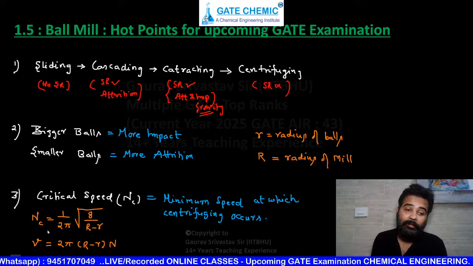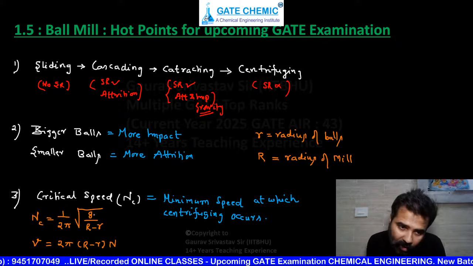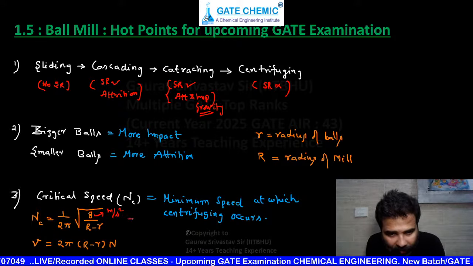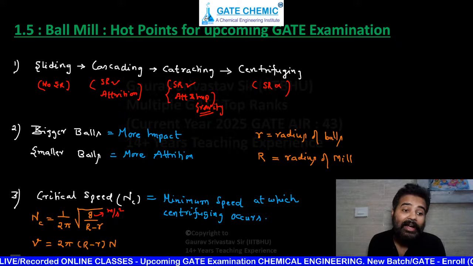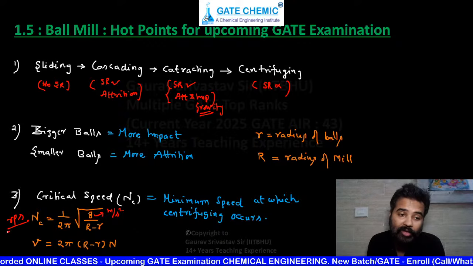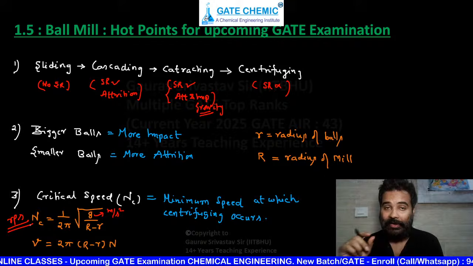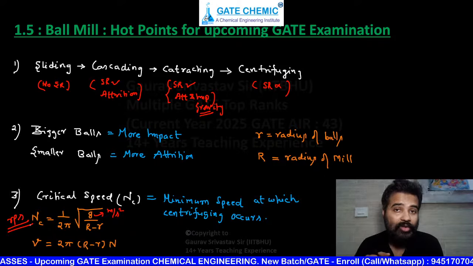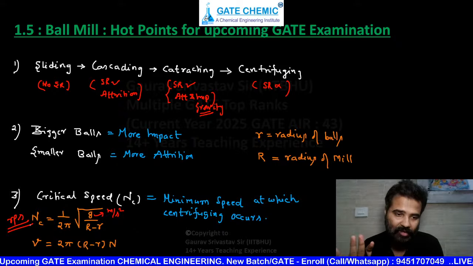And one very important point, beta, a silly mistake done by most of the students. When you solve this, you put the value of g as meter per second square, so the value of NC you will get in RPS, not RPM. So in your examination, if they are asking in round per minute, then don't forget to multiply with 60. Round per second means how many rounds in 1 second; round per minute, how many rounds in 60 seconds. Please don't do this silly mistake.